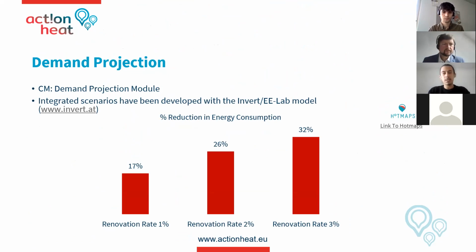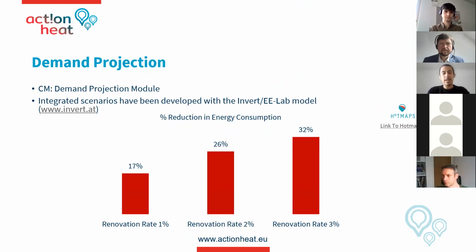And here again, the demand is subjected to various different forms of renovation scenarios available within the Hotmaps tool. Based on these scenarios, we can see that the demand is reduced by certain percentages. For instance, renovation rate 1 indicates a retrofitting rate of 1% of the gross floor area annually. In that sense, in the future forecasted scenarios, the energy consumption is seen to reduce by 17, 26, and 32%